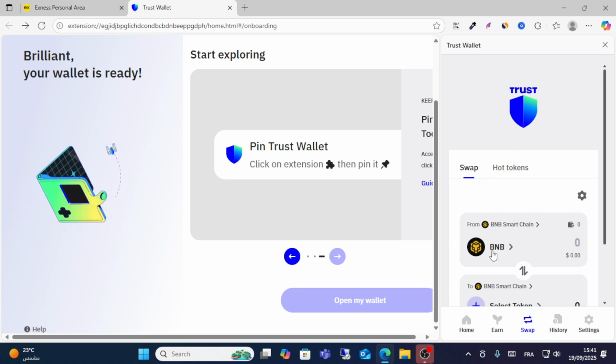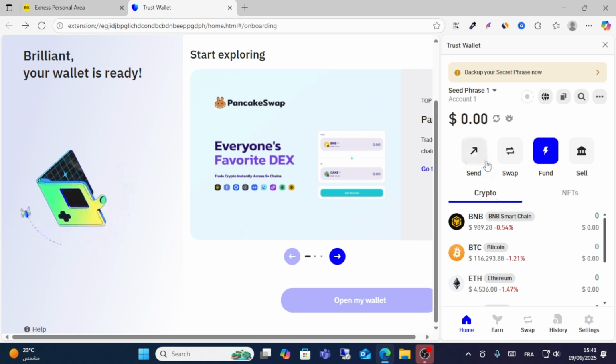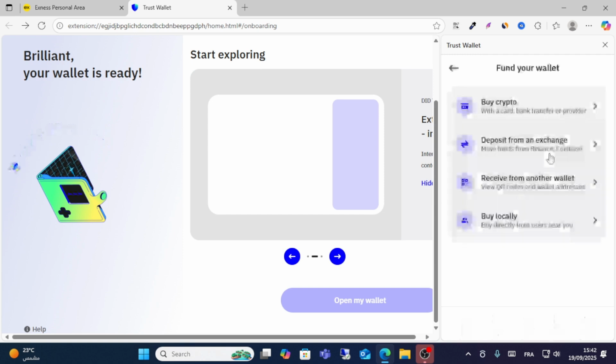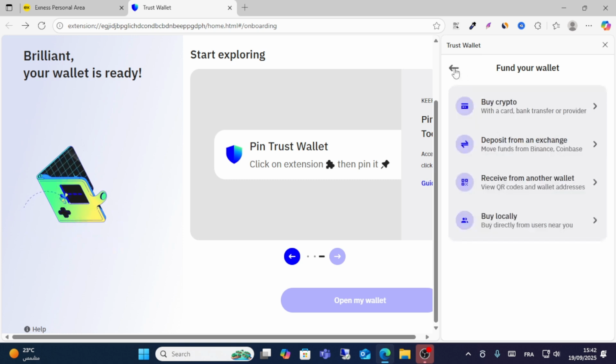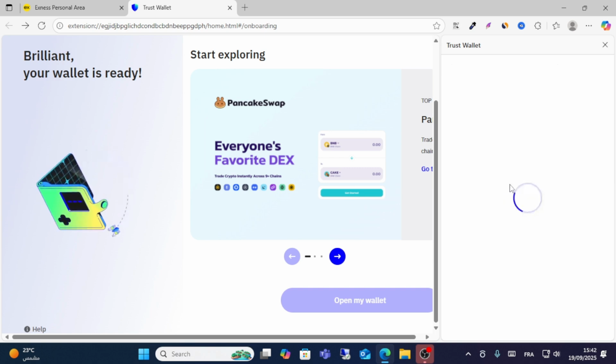All you should do is go to home and click on send. Not click on send, just click on this option, guys, fund, and then guys click deposit. Choose the deposit from or go back again, choose guys funds, and buy locally to receive, click this option, and